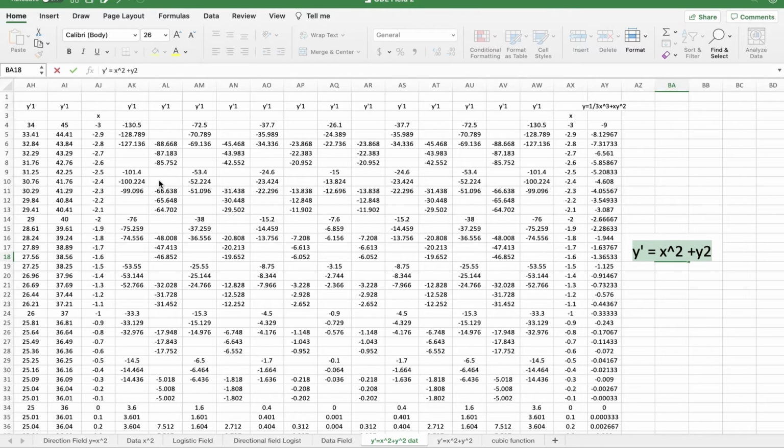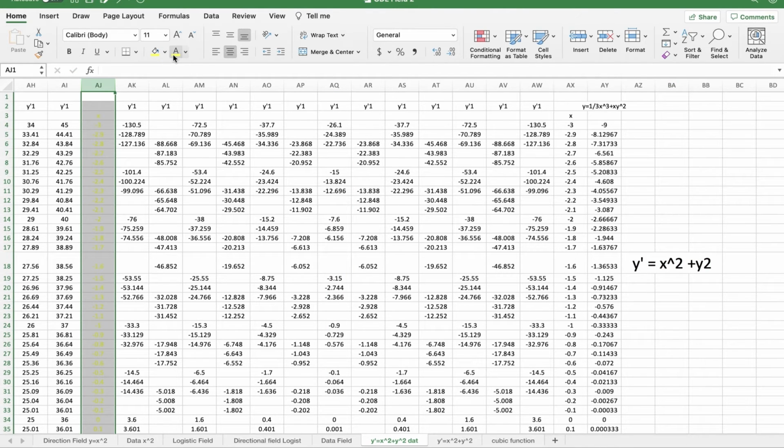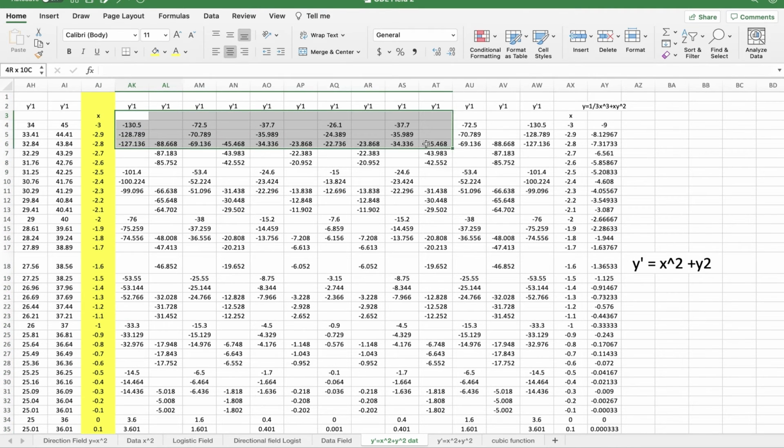There we go. y prime equals x squared plus y squared. And what I did was I created this Excel sheet. Here are our x values. Whoops. Let's undo that. What I meant to do was this. That's our x-axis, and these are our field of